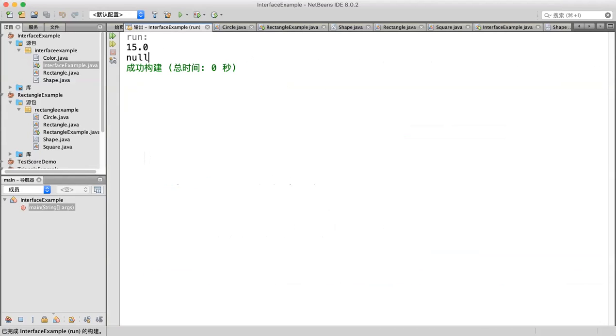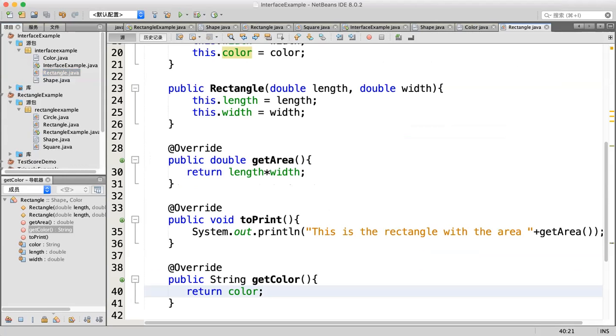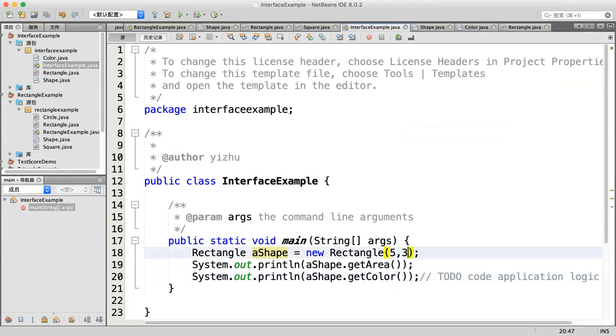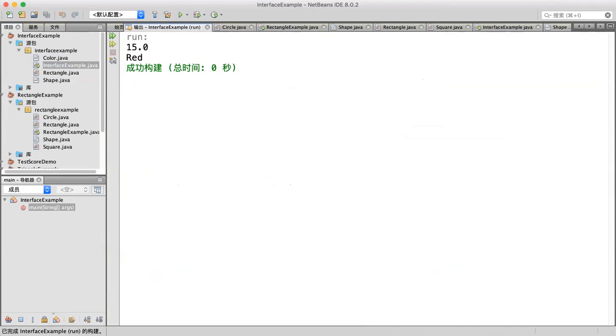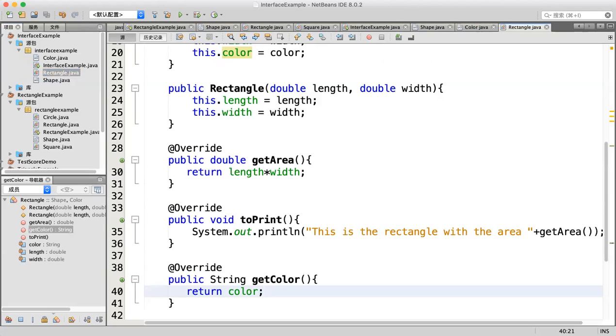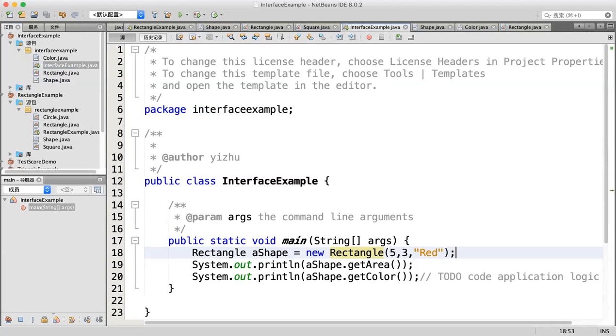So this one means I don't create anything, right? Right, so this one is the red and the 15. This is the rectangle. This is the normal when I declare it as a rectangle. Okay, so now